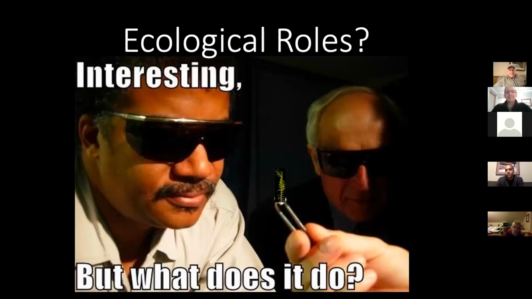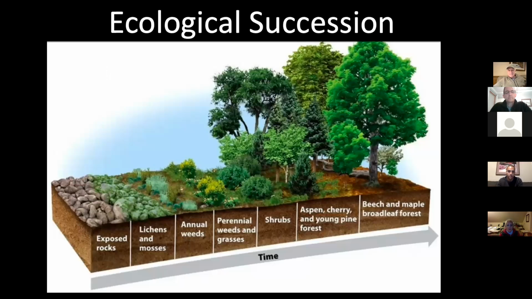You know, what does it do? As naturalists and ecologists, or even just a basic plant person, you're like, well, what is this doing here? Why is this important? And when we think about mosses' roles in the ecosystem, a lot of what we're talking about is this process called ecological succession. So I'm going to take you back to maybe high school biology or early college biology and talk about this